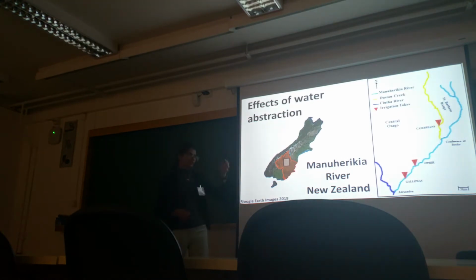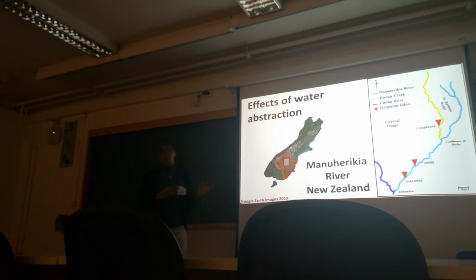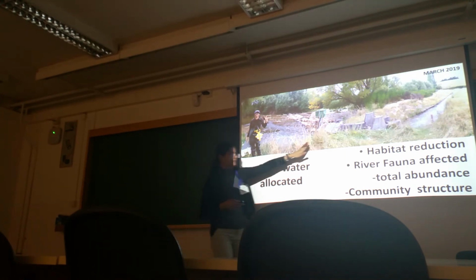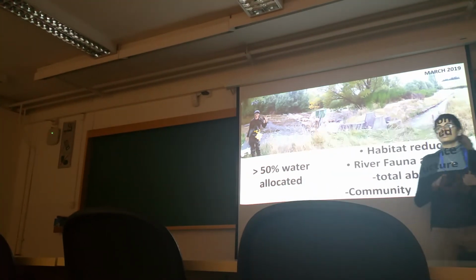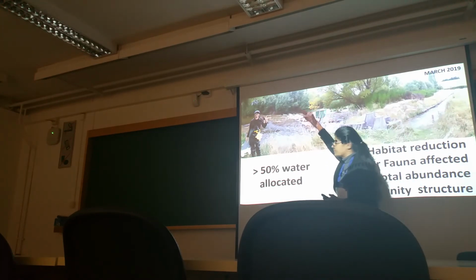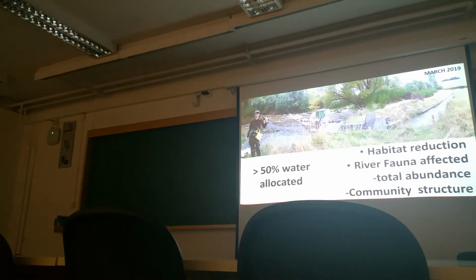So the research community in one of the regions of New Zealand studied 3 water takes on a river. Water takes are the points where majorly from 50 to 99% of the river water is abstracted. This is the picture of one of those water takes. This did not exist till 100 years ago. That's the natural course of the river. The farmers have put these bunds, and more than 50% of this water is allocated into irrigation fields.